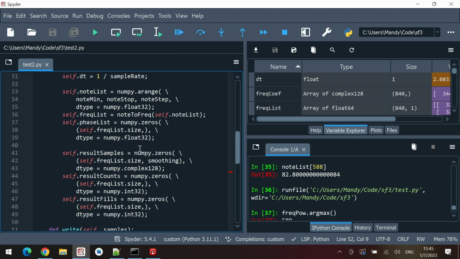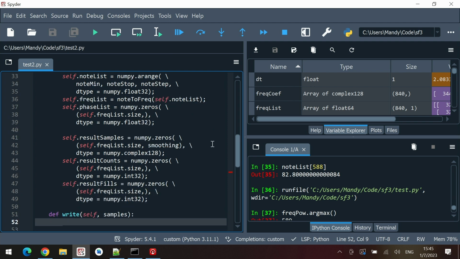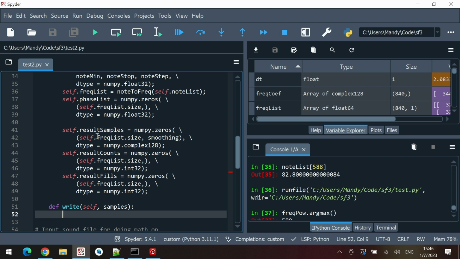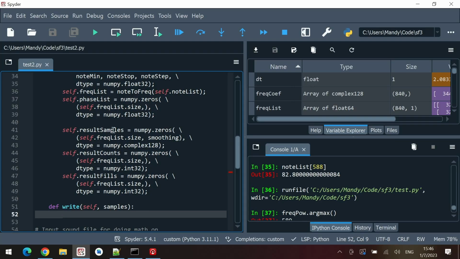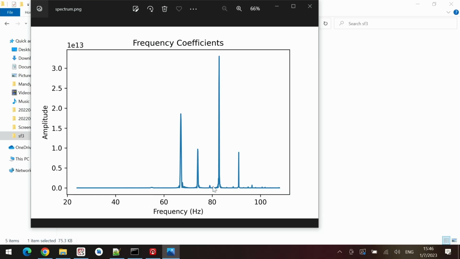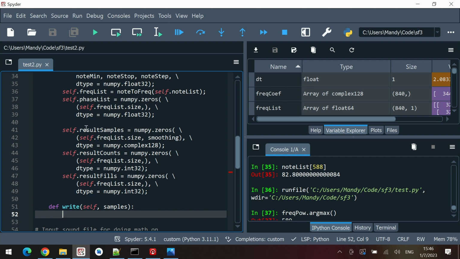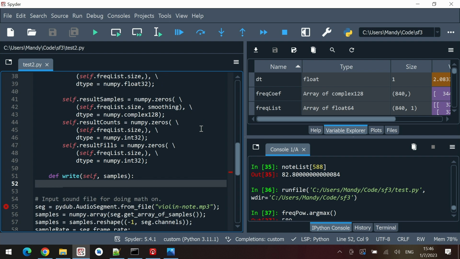So what we've done here is we'll be using the result samples to contain the intermediate result. What it will have is the downshifted sound waves. So all we have to do with the result samples, in order to obtain the graph from before with the peaks like this, is simply take a sum over the result samples over the smoothing axis. So we just store everything in an intermediate buffer, but it will also